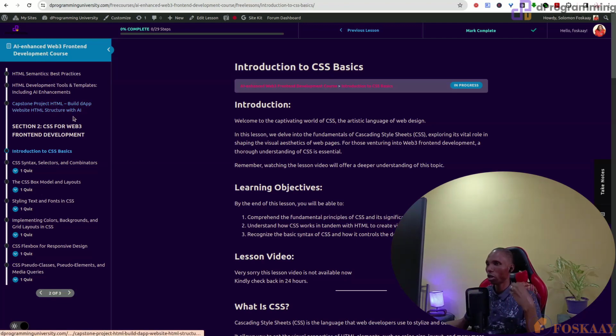capstone project for HTML, which will begin to build on continuous, and it's recommended not to skip this capstone project as they help you to build your portfolio, because most times the mistake a lot of people do is these things are meant to be a part of your CV, a part of your profile, your portfolio, to market yourself, to get jobs, to get gigs, to get partnership, to get grants and things like that as a Web3 developer. But if you claim you're a Web3 developer, you cannot show a single